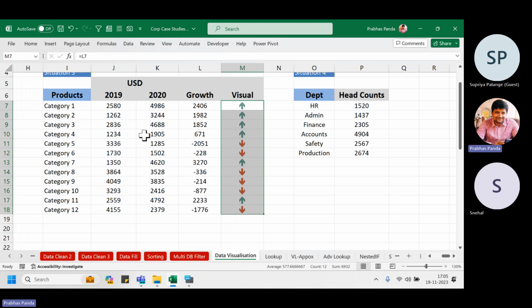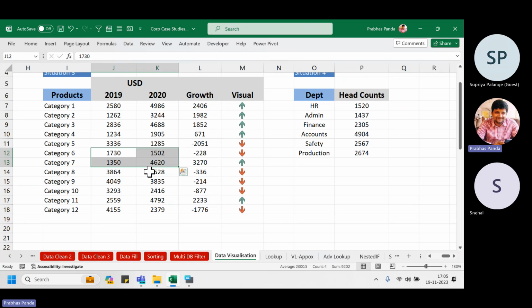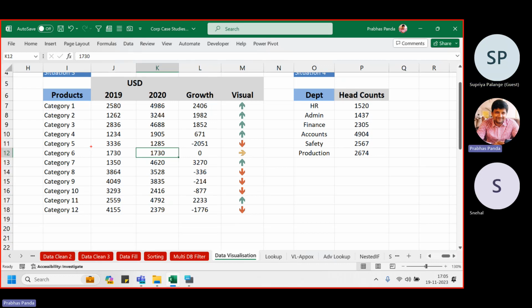Okay? Now, once we have done over here, then suppose you are watching the data, येलो कलर कहाँ पे चला गया? जैसे कि हमने कस्टमाइज किया, वैल्यू इफ रिमेन्स द सेम। अभी मान लो कैटेगरी 6 में 1730 है, 2019 पे, 2020 में भी सेम हुआ। Can you see that automatically that yellow color appears? ठीक है। तो इस तरह से हम रूल्स को कस्टमाइज भी कर सकते हैं। तो दैट मेक्स ए लॉट ऑफ डिफरेंस एट योर वर्क प्लेस, एंड दिस इज कॉल्ड अगेन मोर और लेस ए इन्फोग्राफिक प्रेजेंटेशंस।